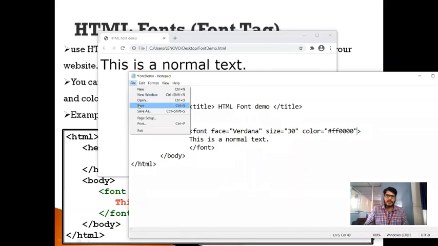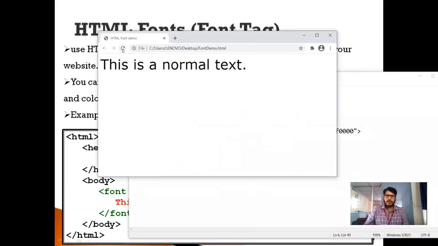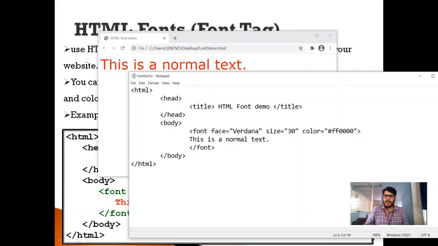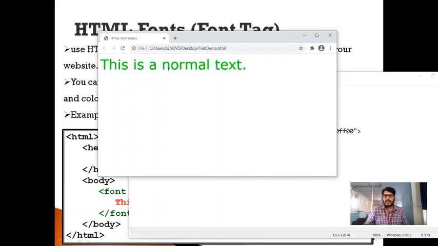So now let us save this, go to document and reload this. You can see my text color got changed to red. Assume that I want to highlight my text with a green color. At that time, I can decrease these values to 0, and I can increase these values because these values are meant for green. So now let me specify F for that particular position. And now let me save this and go to document and reload this. Now we can see my text is appearing in green.